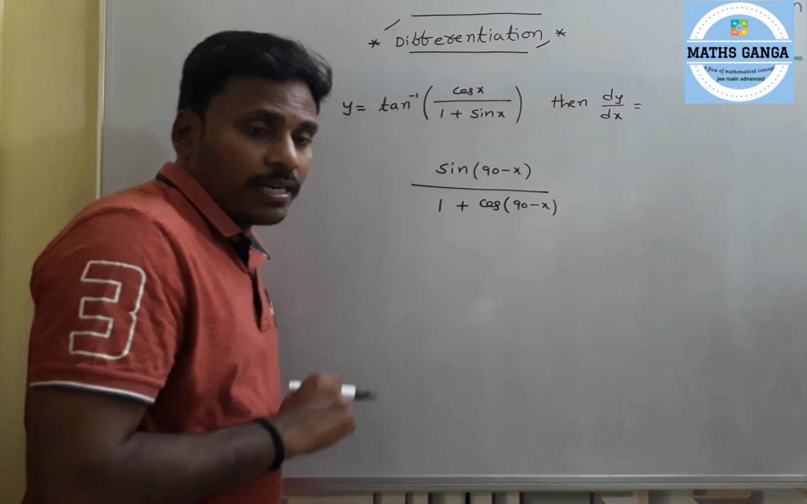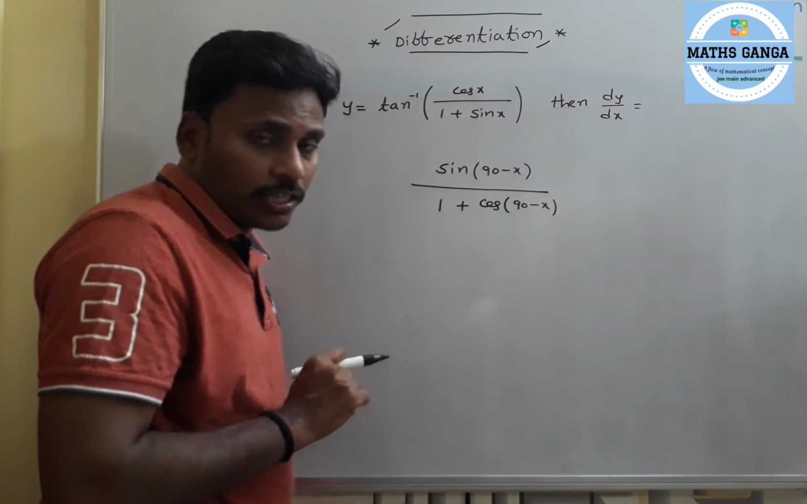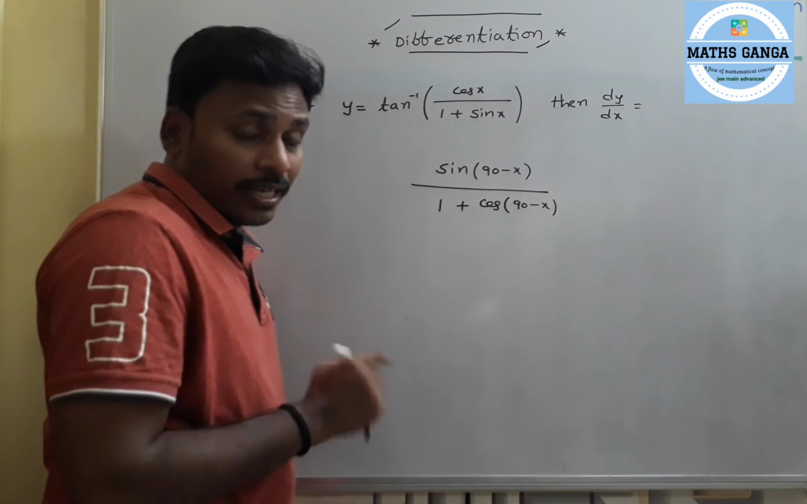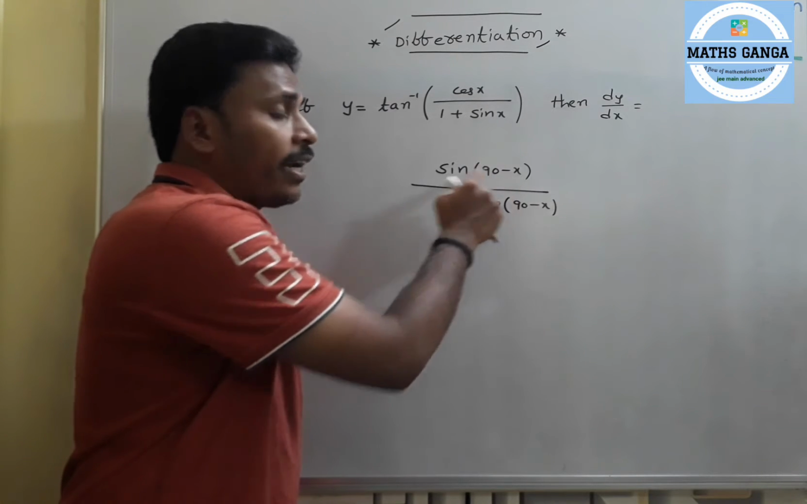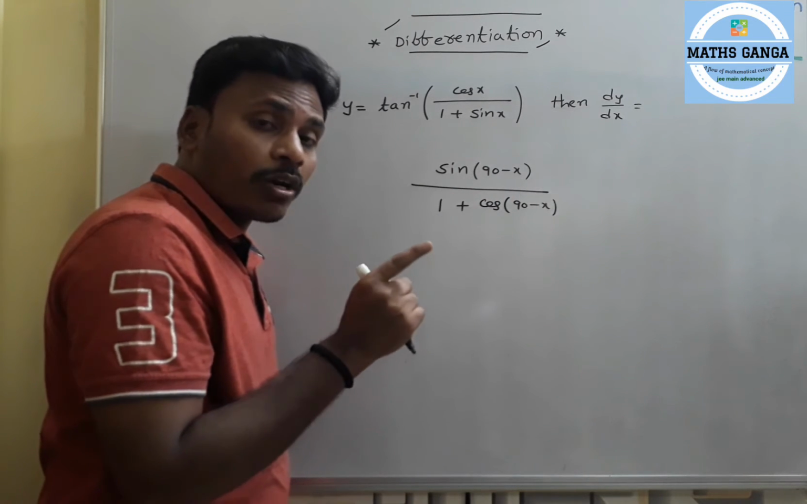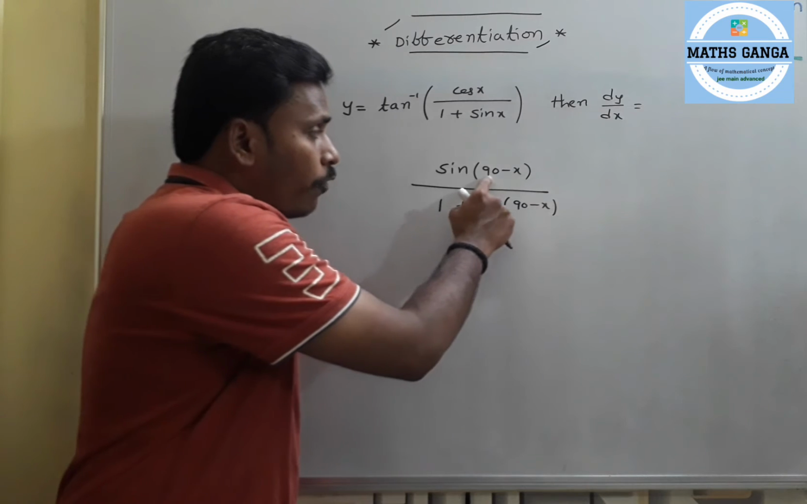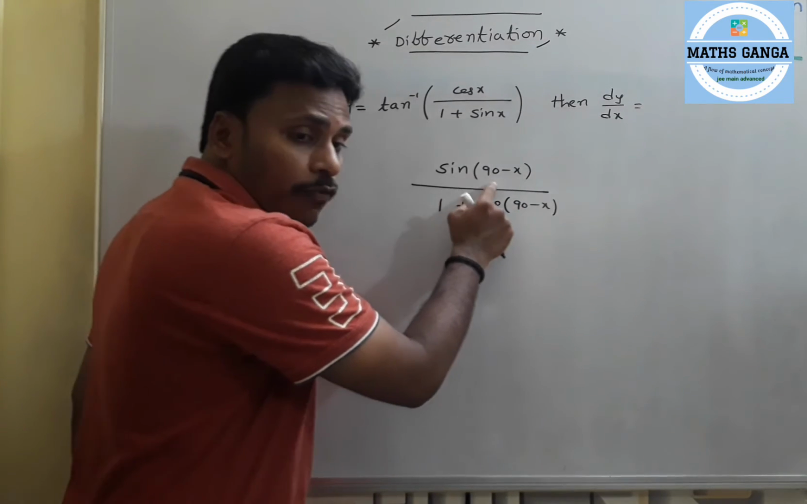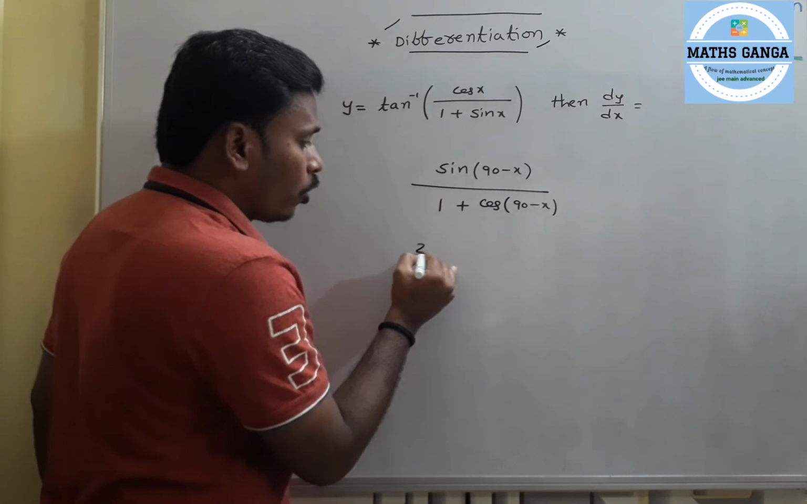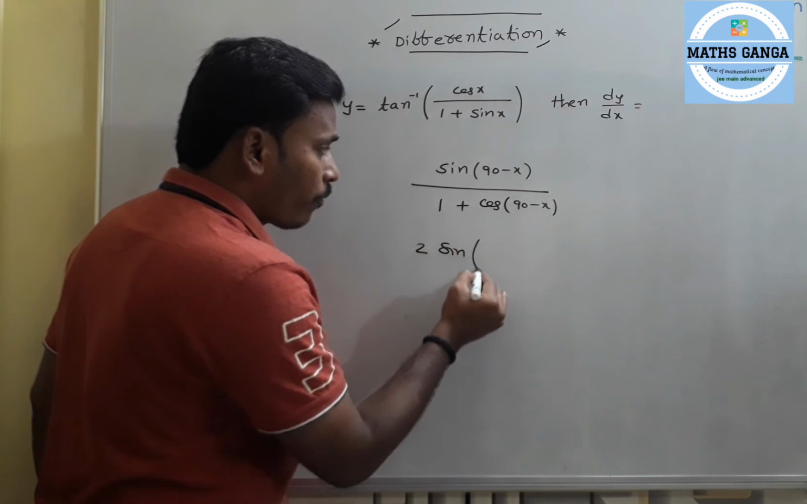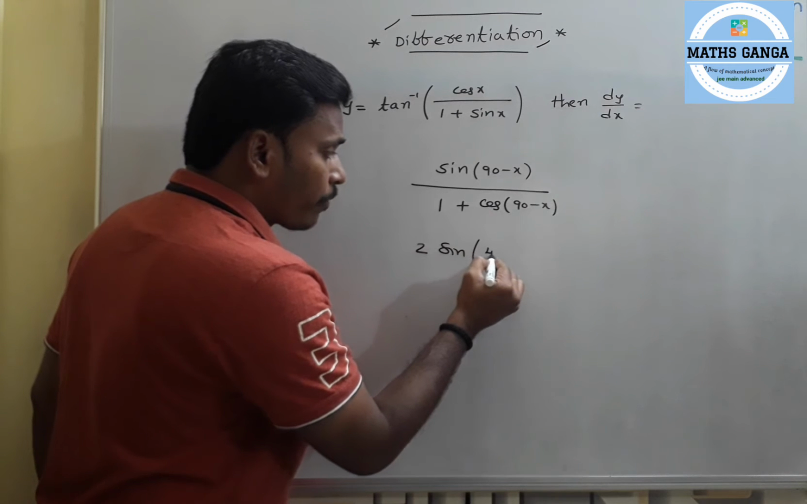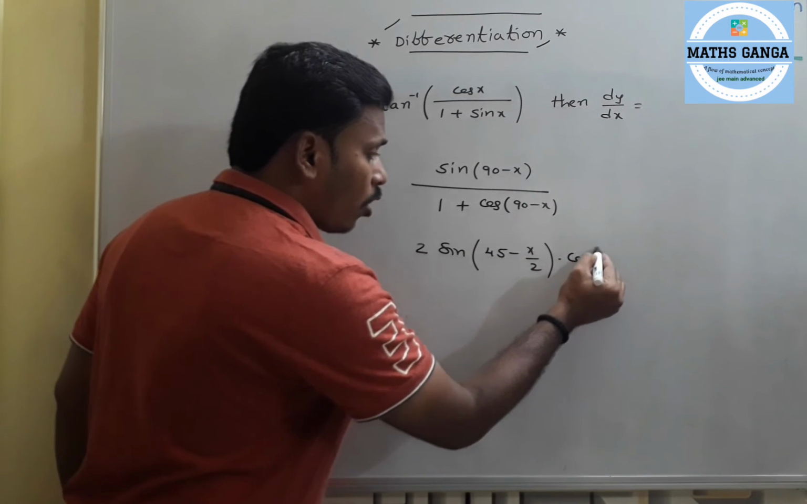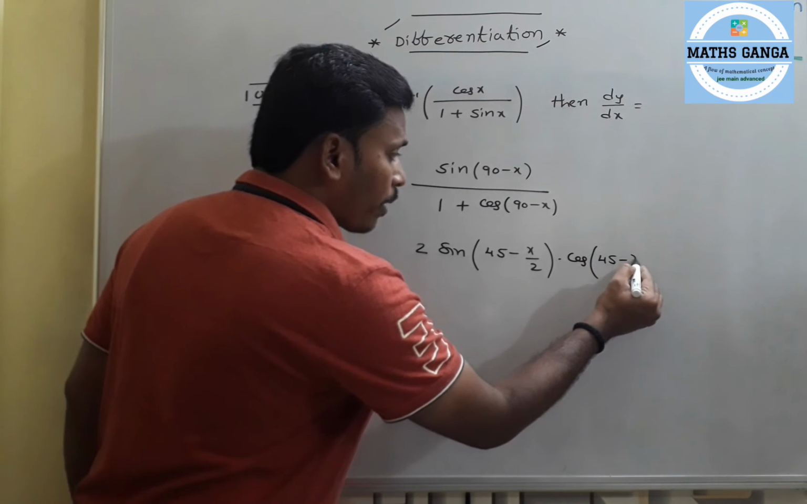Sin 2 theta can be written as 2 sin theta cos theta. Is it clear? So if you treat this 90 minus x as 2 theta, theta is half of this 90 minus x, which is 45 minus x by 2. Half of this 90 minus x is 45 minus x by 2. So sin of 90 minus x can be written as 2 sin of theta, that means half of this angle, which is 45 minus x by 2, into cos of 45 minus x by 2,